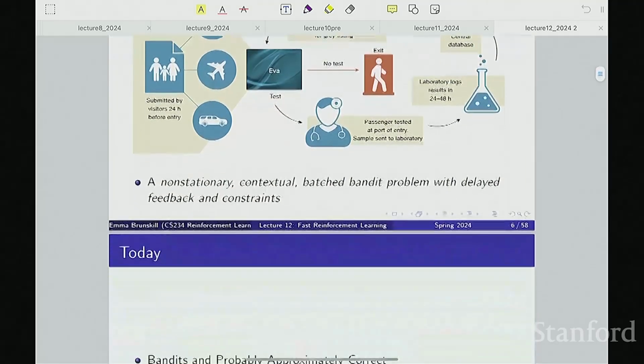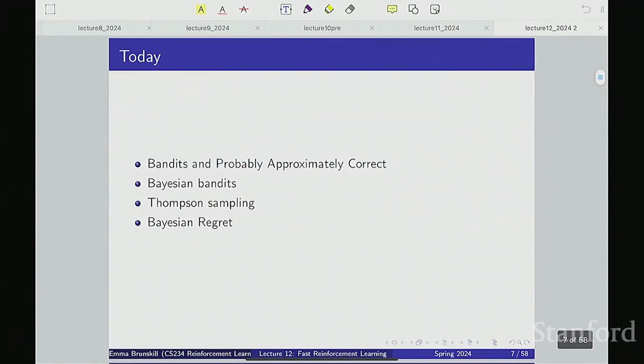All right, so that's one of the many, many ways that bandits are useful. Clinical trials is another one, A/B testing, ad placement. There's many, many others as well. But I think this is a really nice example in public health. Okay, so now let's continue. We're going to talk about specifically some of the algorithms that could be relevant to this, and in particular Thompson sampling, which is particularly relevant to this kind of batch setting.